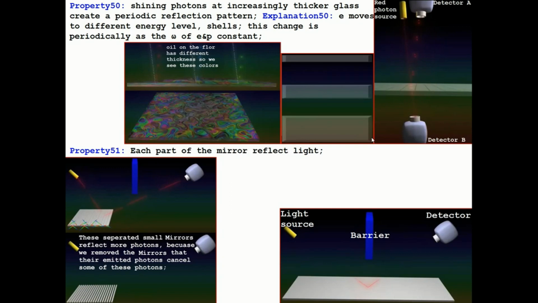When we shine light into a mirror, like in the bottom picture, each part of the mirror will reflect the light, but the reflections from specific distances will cancel each other out. That is why, when we remove a specific mirror from the big mirror, in other words, when we remove a specific line in the mirror, we can remove the mirror line that cancels the other one, and we will get more